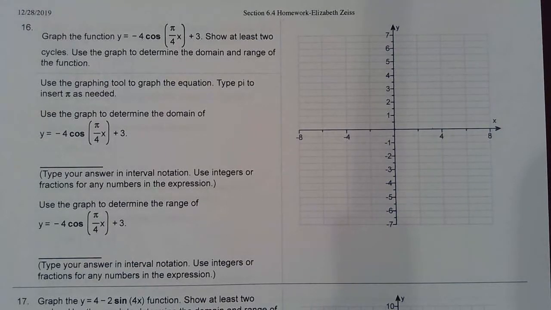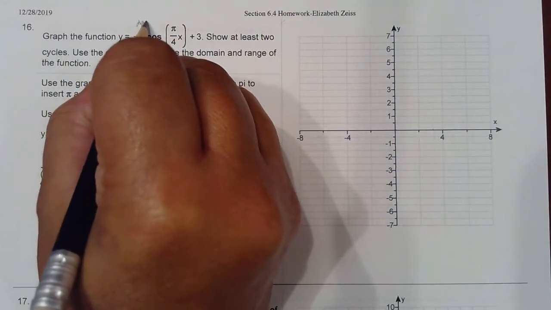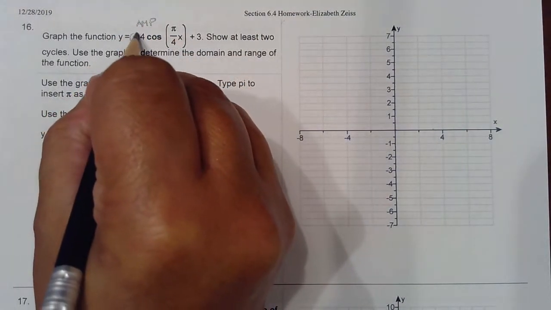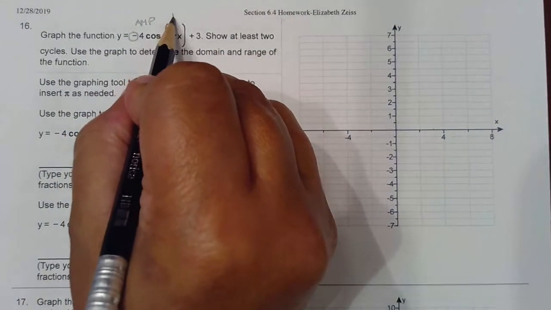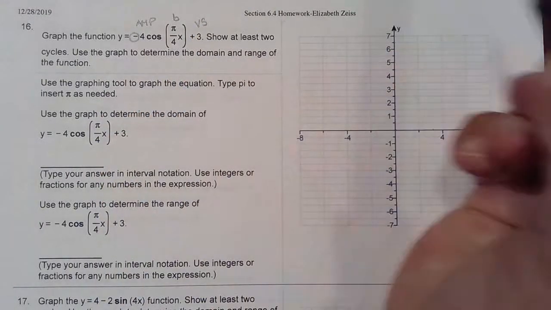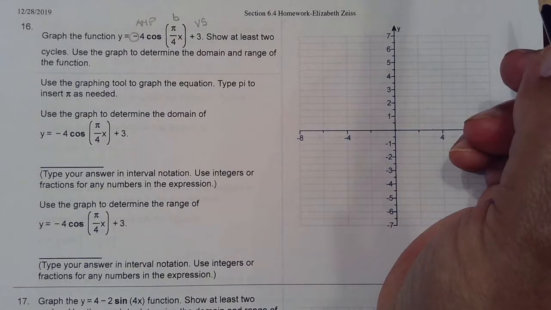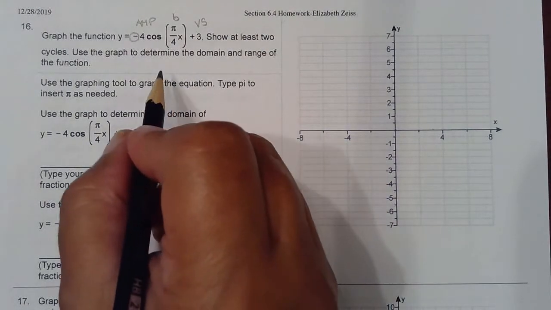In this particular problem, you're graphing -4 times cosine of pi over 4 over x. This is your amp. There is going to be a reflection. In other words, it's going to flip over the x-axis. This is your B value, and this is your vertical shift. So doing some of the calculations that you need to do before you can do this graph, I'm going to